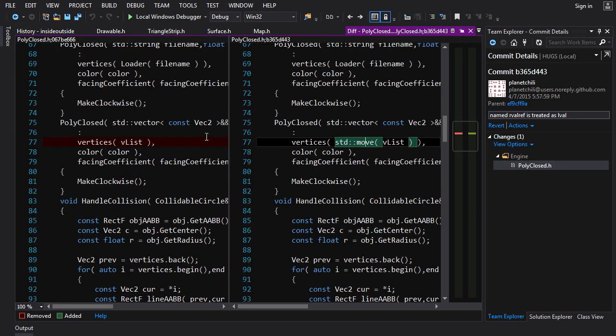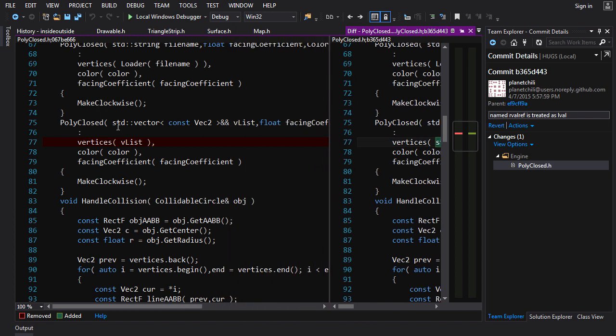So even though this constructor takes an R value reference, you would think if you passed an R value reference into the constructor for this container, it would move the vertices from this R value referenced container into the current container. However, it doesn't move them, it copies them. Now I'm thinking, what the heck? I specifically listed this as an R value reference so that you would move that, and you didn't move